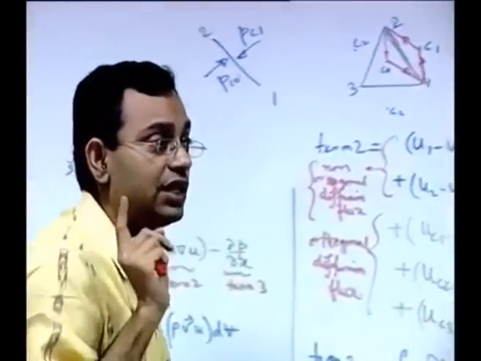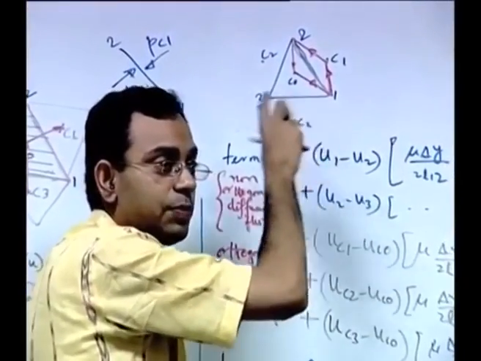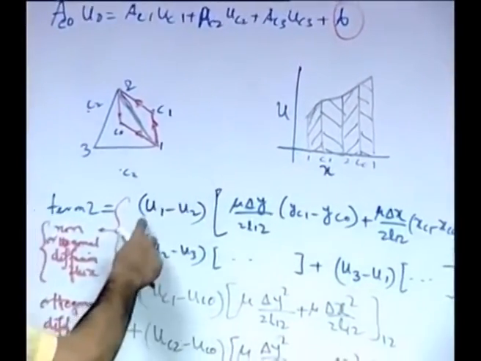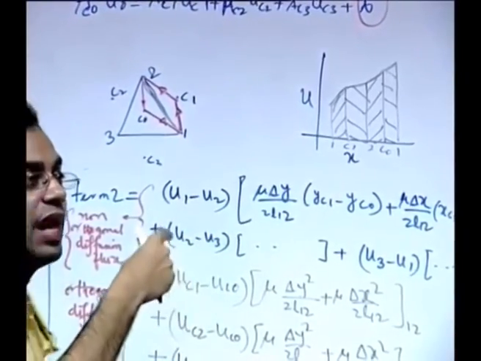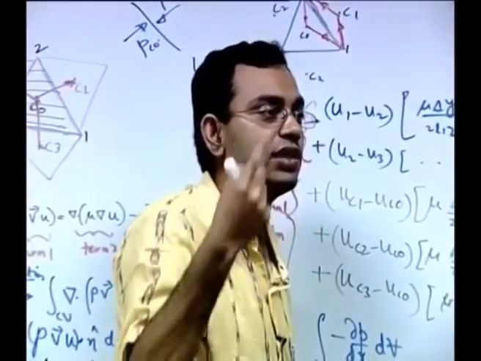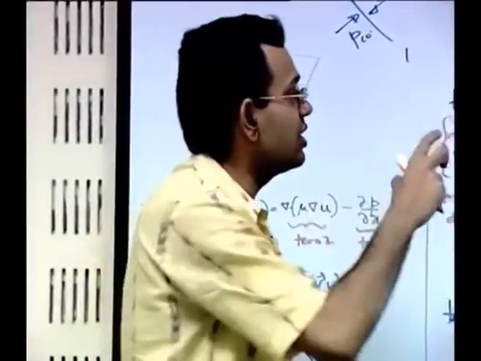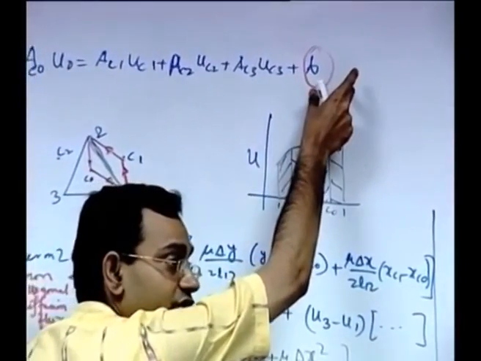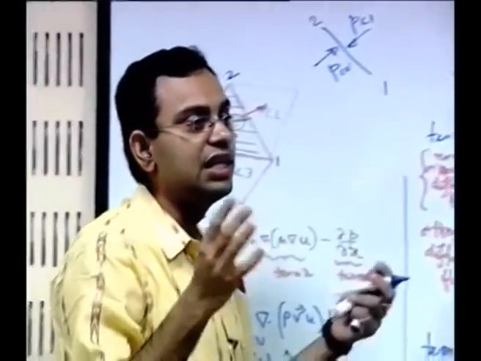So the non-orthogonal diffusion flux, this is one of the key steps, that is the non-orthogonal diffusion flux you do not consider separately but dump in the form of the source term, and then when you have U1, U2, U3 like that you can interpolate these values based on the values at C1, C0, C2, C3 just by using some interpolation technique. But those terms you do not consider in the main terms and you write that in the form of a source term, that is the first thing, and the remaining terms get structured in the general convection diffusion formulation,